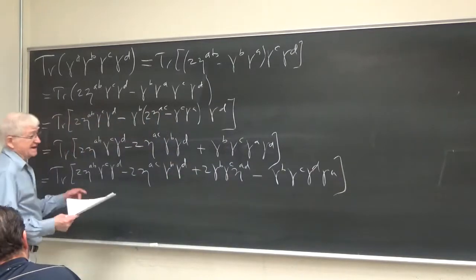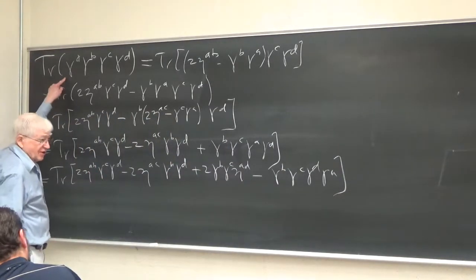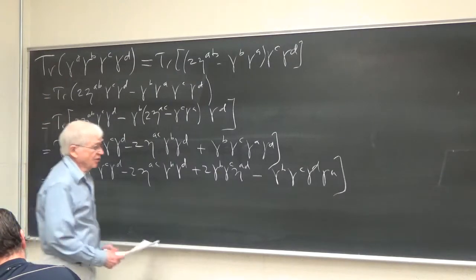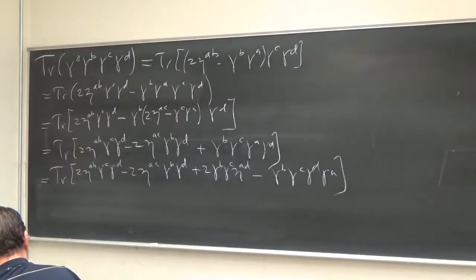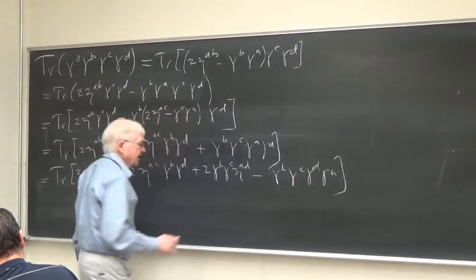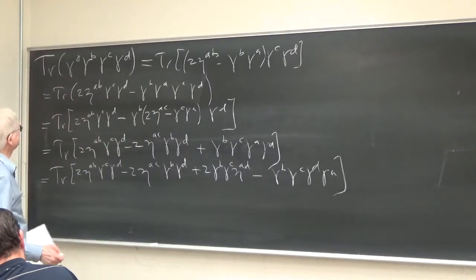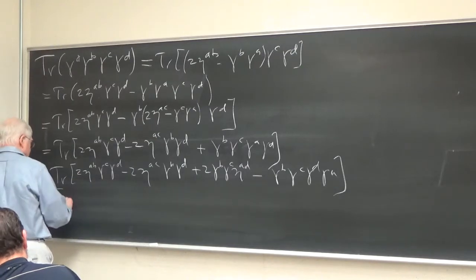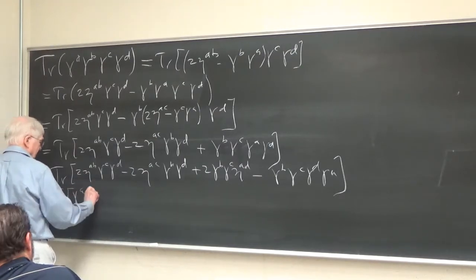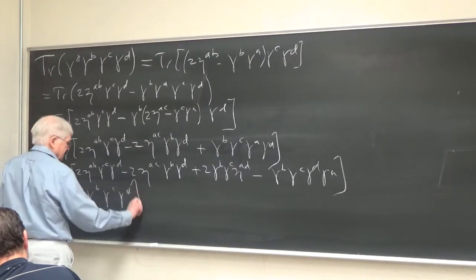But now, that last term is the same as the first, apart from a minus sign, because of the cyclicity of the trace. In other words, by cyclicity of the trace, the trace of ABC is equal to the trace of CAB. And so we can move the γ_A to the beginning without changing anything, so we're going to have 2 of these equals that. And so finally the rule is trace of γ_A γ_B γ_C γ_D equals,